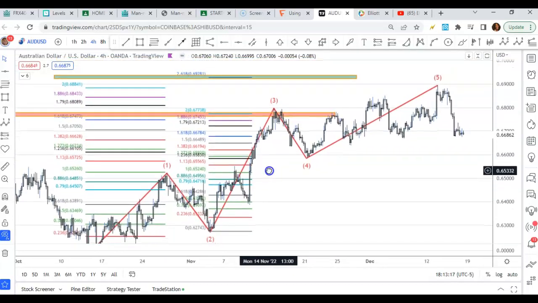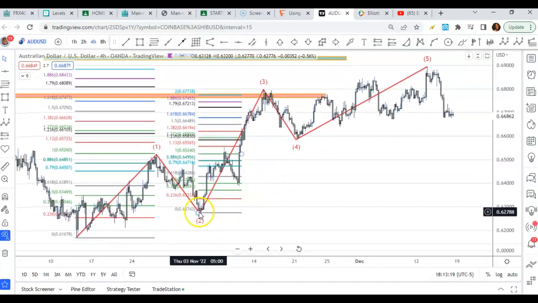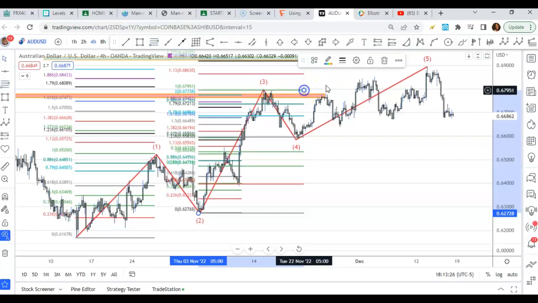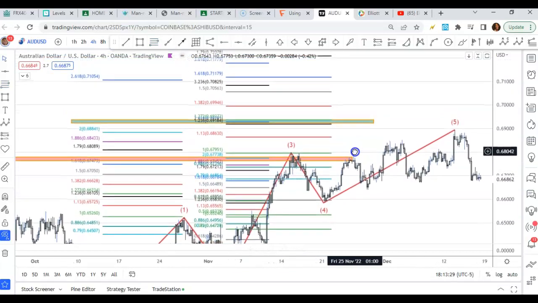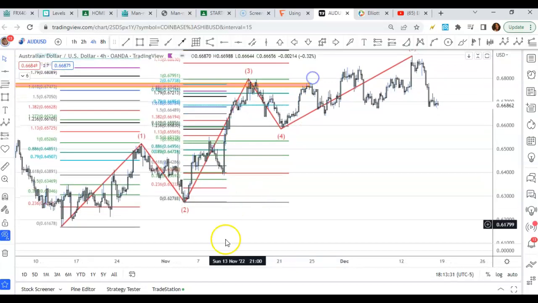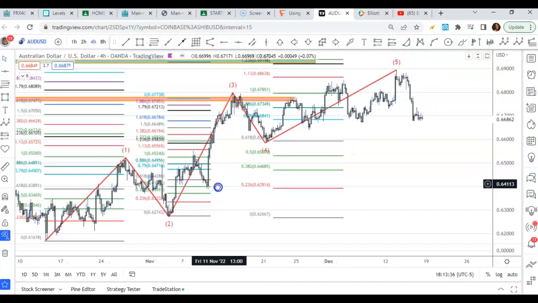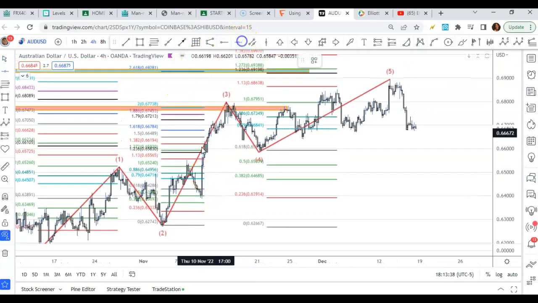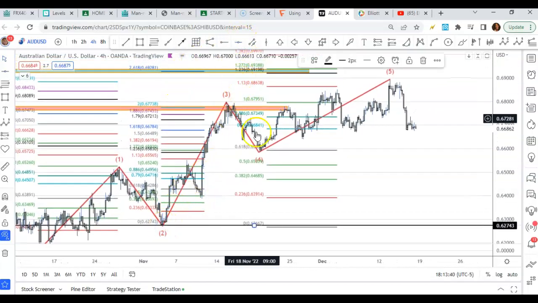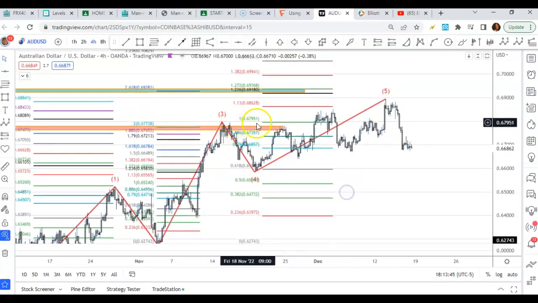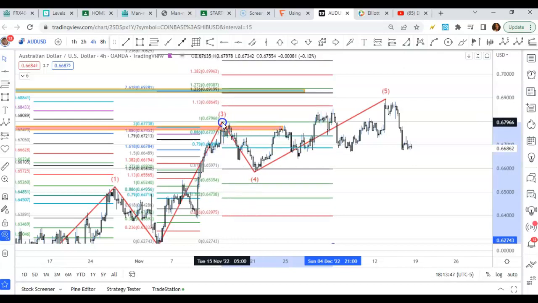So then next, we're going to go ahead and project from 2 to 3 and see if this lines up with that level. And as you can see here, oops, let me move this over because now they're overlapping. Let me put a line so we can make sure we're using the same levels. Drawing it out. So from 2 to 3, I'm getting the extension from wave 2 to 3, and